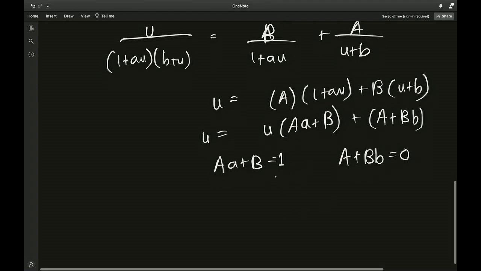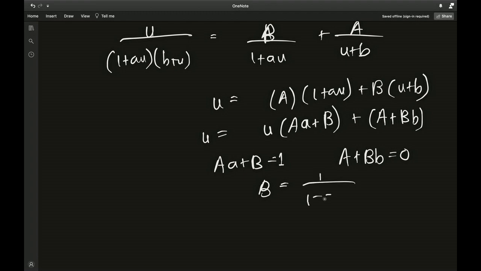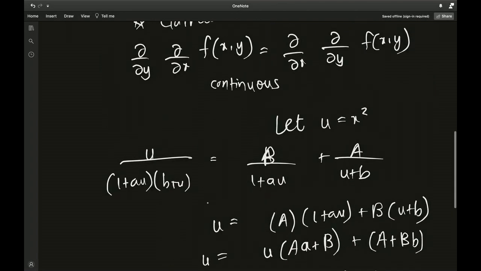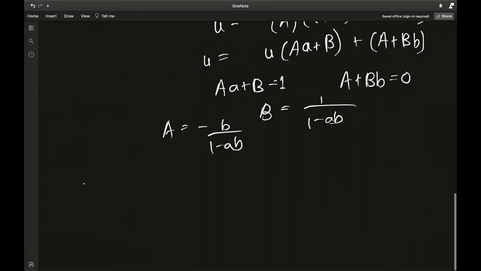You solve this equation simultaneously. You have b is equal to 1 over 1 minus ab. a is therefore negative b over 1 minus ab. Now we can plug this back into our partial with respect to a, partial with respect to b, I of ab, and I'm going to call this I prime of ab,